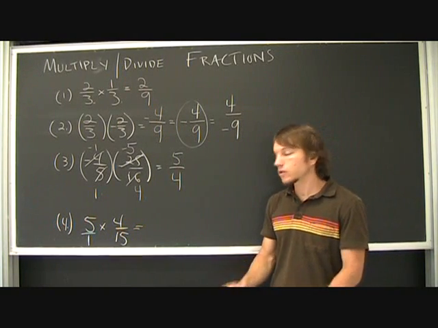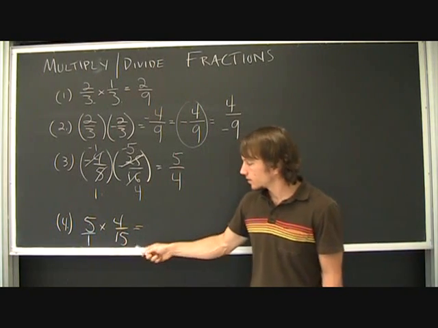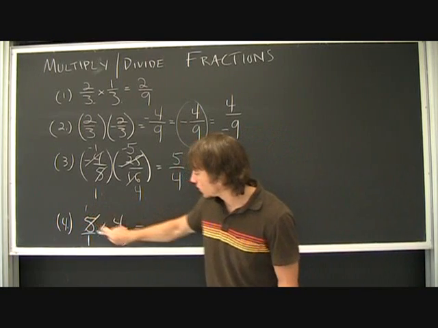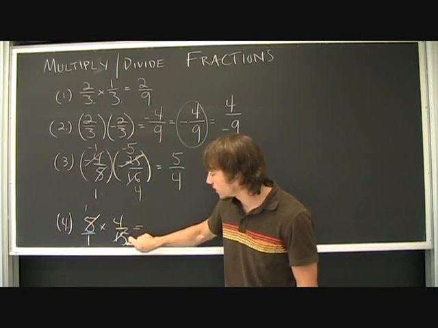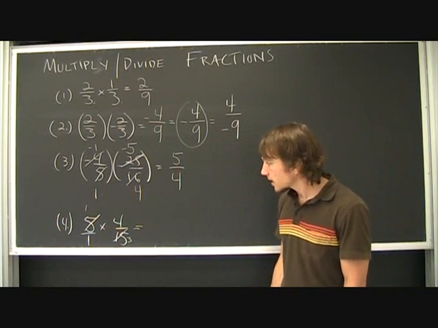Okay, but remember, before you do that, look for cancellation. Common factor 5. 5 goes into 5 once. 5 goes into 15 3 times. Notice you have to divide both of these by the same number, right? By the same number. And that gives me